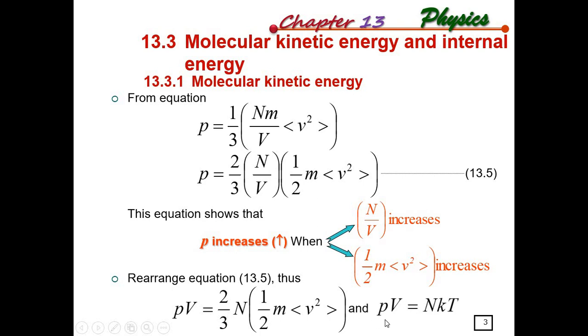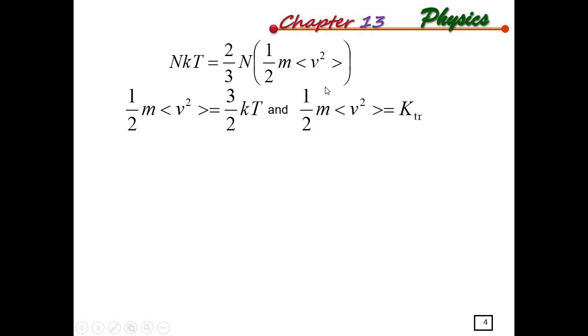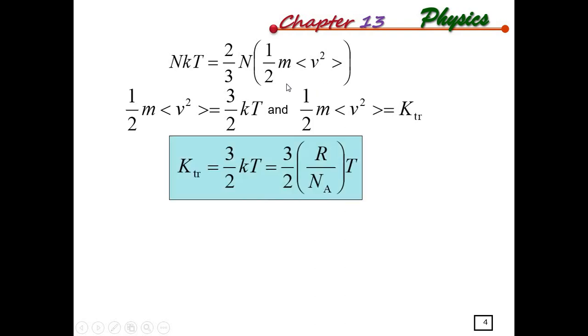And we know that PV equals NkT, and we also notice that PV equals n, the small letter n, times R times T. From the equation just now, we can see that NkT equals 2/3 times N bracket 1/2 m times the mean squared velocity. And then by rearranging the formula, we'll get the